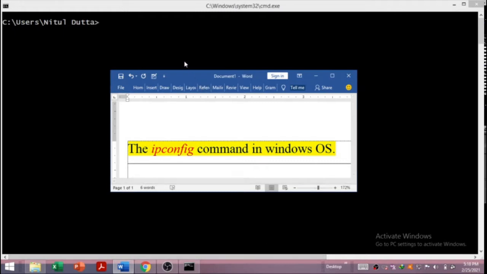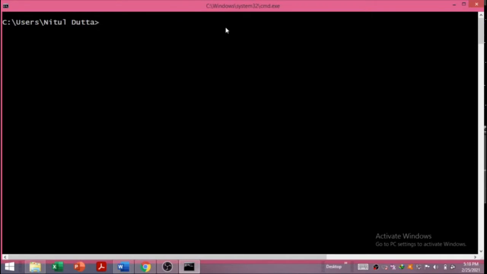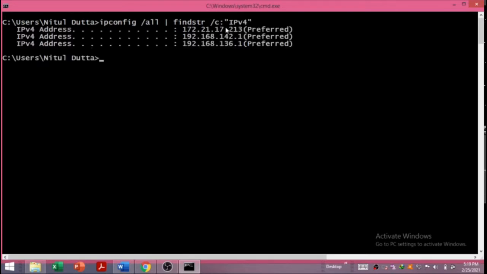To start with, let's use this command to display the IP address of the device. We'll write IPCONFIG /all and we want to see only the IP addresses. Find str /c: within quotes "IPv4". Press enter. It shows 3 addresses, but I am interested to see only the IP address that belongs to the local area network